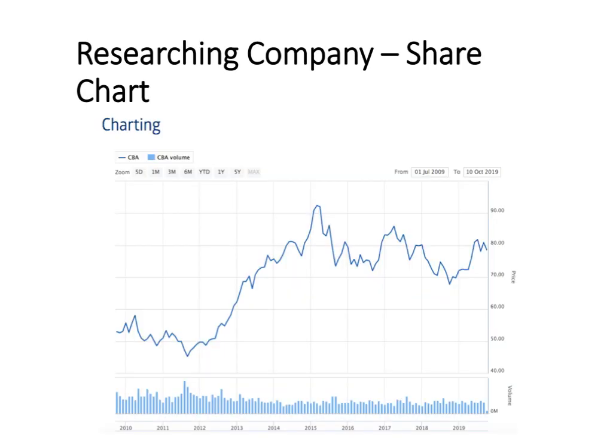The other source to get some information on that company through the company information section of the ASX website is the share chart. And this allows you to identify trends in the share price to see how it is moving. So having a look at the CBA, and we're looking from 2009 right through to 2019. So about a 10-year period. So we can see from 2012 through to 2015, there was an upward trend in the share price. So during those 3-year period, the share price was increasing. Since it hit that high in 2015, there has been a downward trend.